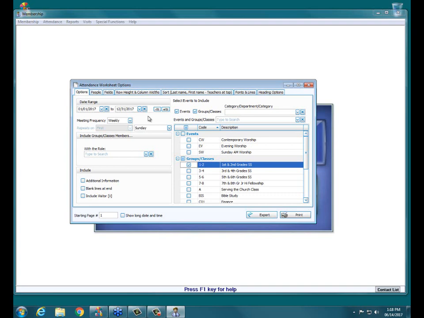So you can run it, you can tell the system how many dates you want to record attendance for, and it's going to make little squares for each date that you can mark attendance for. You can mark how often it meets and for what date range and everything. So I just selected the first and second grade Sunday school. And then if I click print,